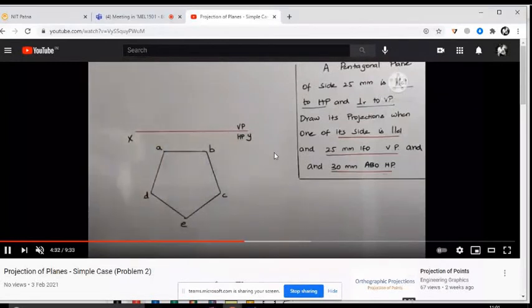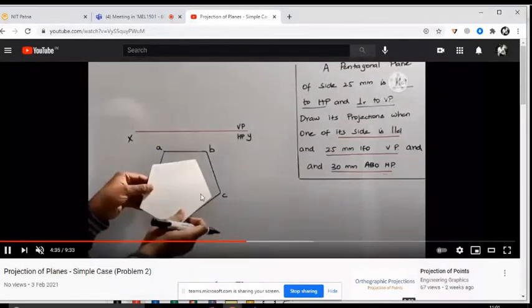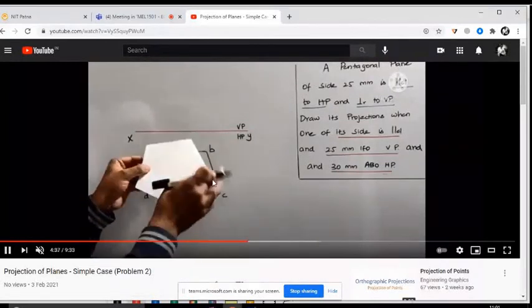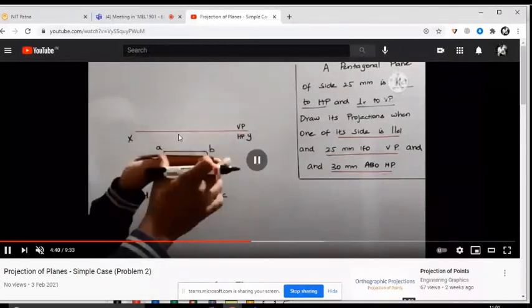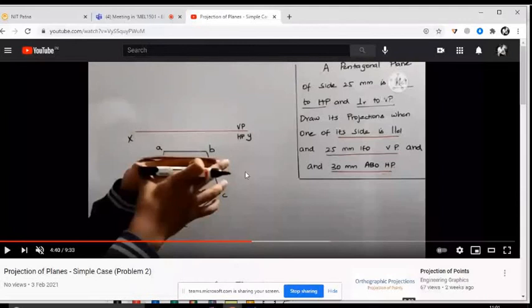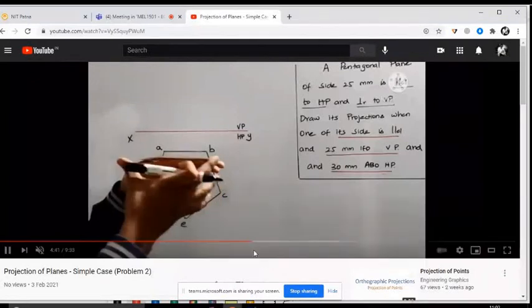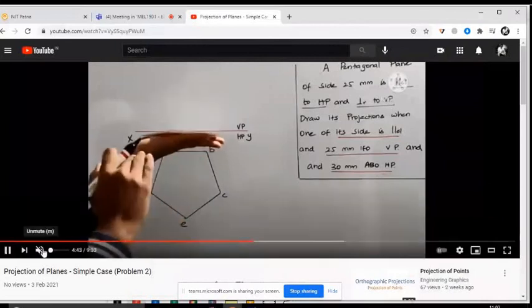So then what you need to do is project from the ends. Project from the ends. See, if you see from the front view, what will you see? You will see a straight line, but the length of the straight line will be like so, there will be two end projectors. So that will project the ends of the pentagon. Okay. So it will project the ends of the pentagon, and for that you will see a straight line. Okay. So let me show here.